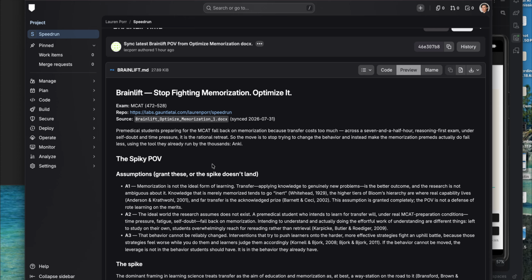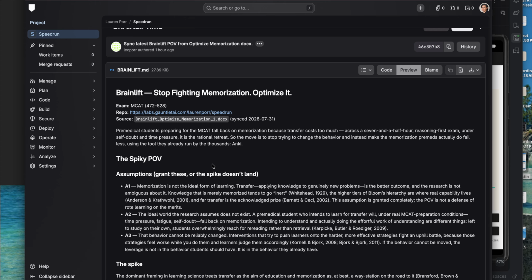So, my spiky point of view, as requested by the project assignment, is that if we have the Anki app that students are using to study for the MCAT, and we believe that there is a more efficient way for students to study and get better pass rates, one might naturally think that transfer, or the process of analyzing facts instead of just simply rote memorizing them, might be better.